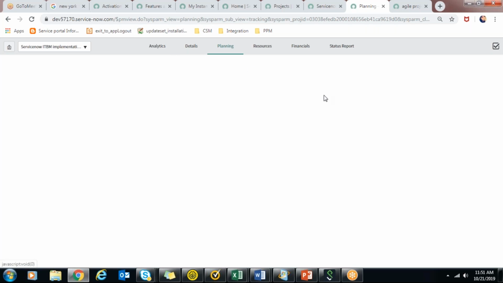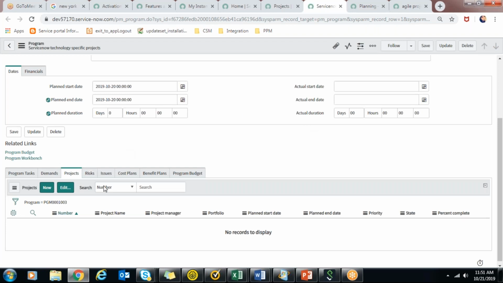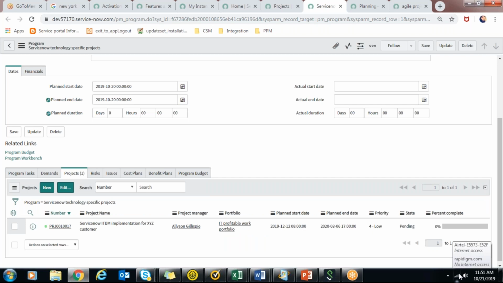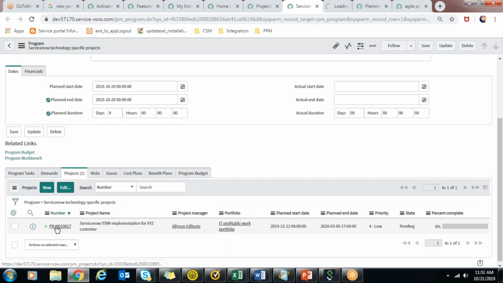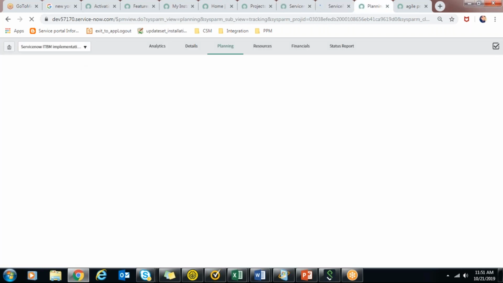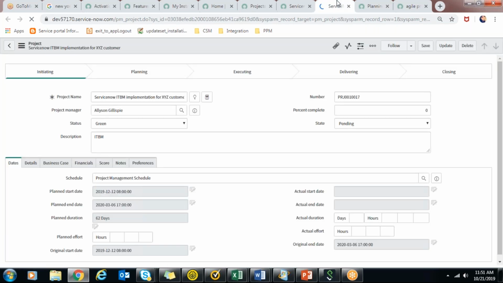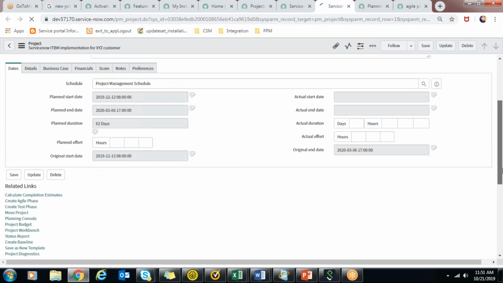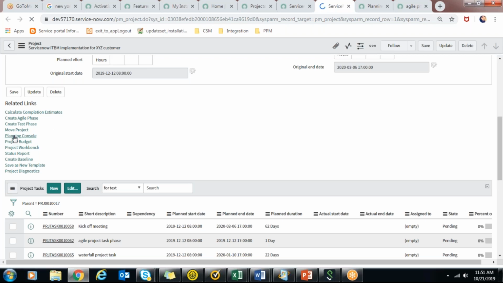Why is it taking so much time? You can switch it, select any project and switch to planning console. It's not opening from here. Maybe my internet is slow or something. Here also you can see the related link. Okay, planning console.